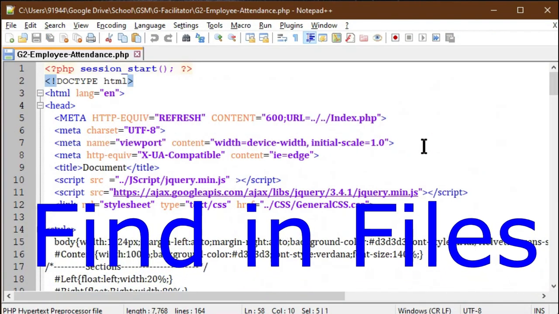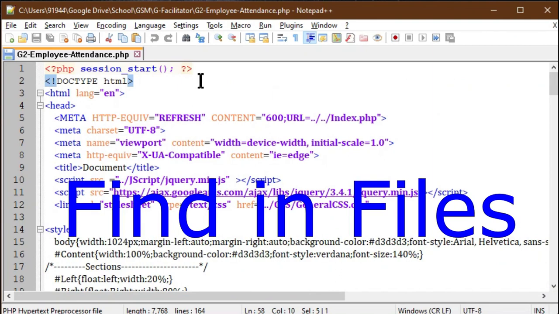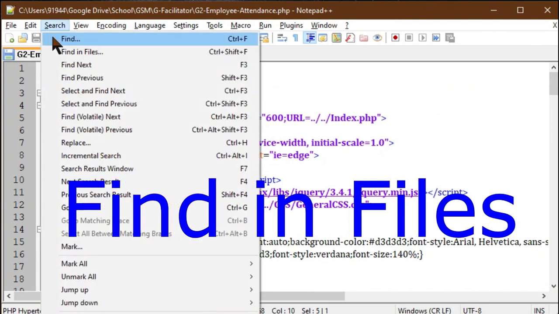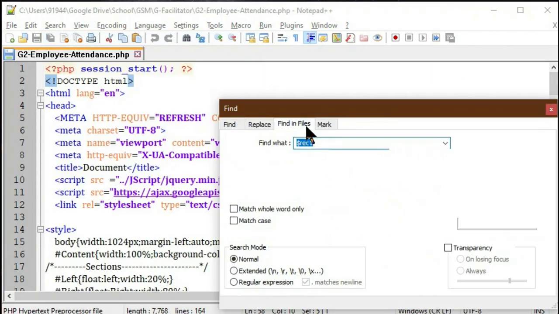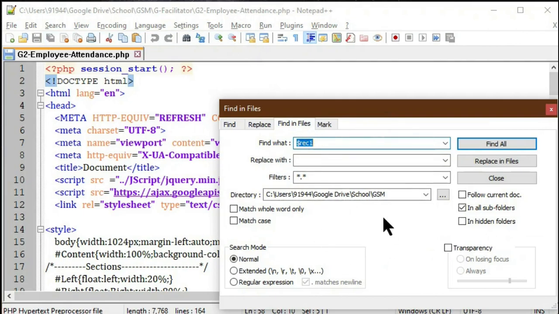Now I have opened only one file and I want to use the find in files command. This find in files command is very useful to locate a particular word from a group of files located in folders. Suppose I want to find some function in my folder, sun call, and the filter is the tentative file filtering method.